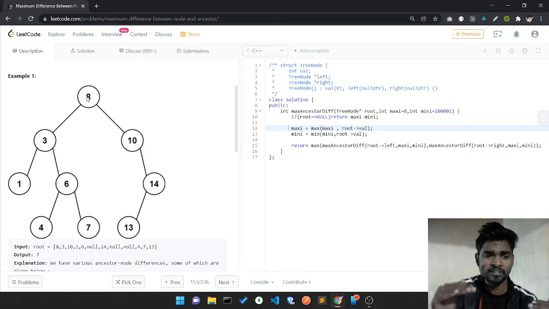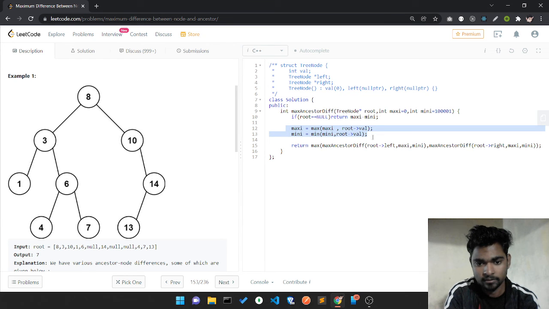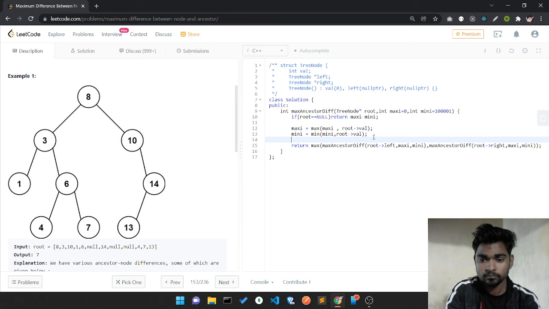If my mini contains a higher value and this 8 is lower than that, it updates. After that, when I reach this node, if my maxi is smaller than that, it updates, and if it's greater than, it does not update. So the updating process happens in those two cases. It's kind of an easy thing.